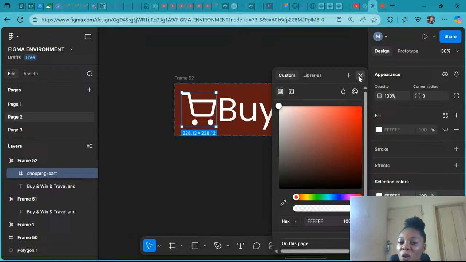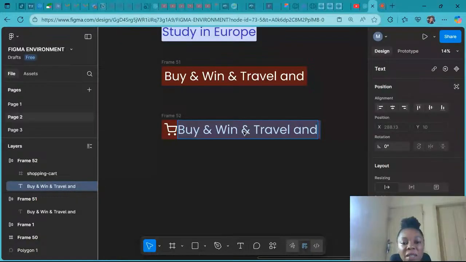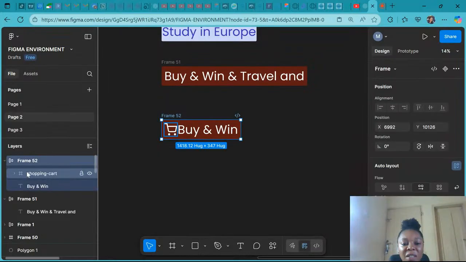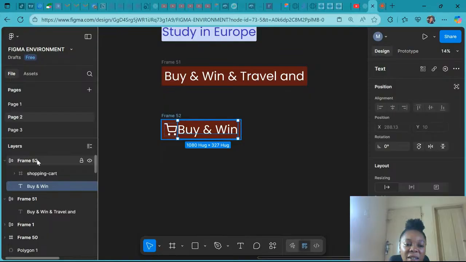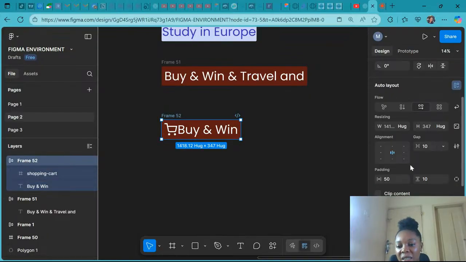So we have these two things creating this button. The name of this button is buy and win. And you can see that we have two elements, the icon and the text element. If we click on this auto layout, you can see we have the cart and the buy and win. Then if we click on the mother frame that is housing it, we are shown